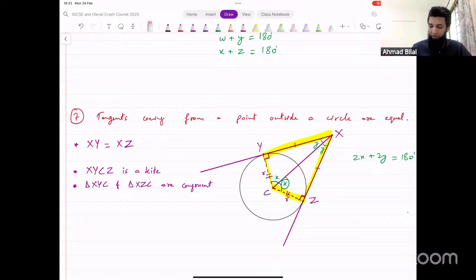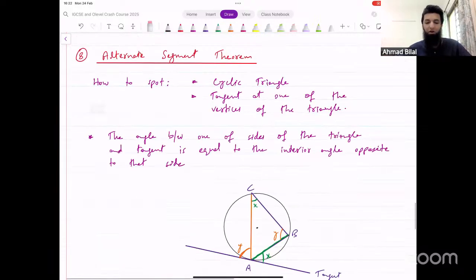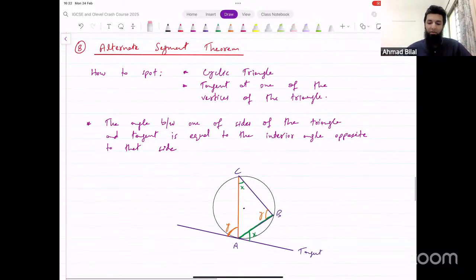And then finally, we talked about this alternate segment theorem, in which if we have a cyclic triangle, this has been added to the syllabus recently. It was not part of your syllabus earlier, but now you need to know about this as well. Cyclic triangle, that means you have a triangle in a circle that has all its vertices on the circumference. And then at one of those vertices, for example, we have 3 vertices here, A, B, and C. If we have a tangent at any one of those vertices, for example, if we have a tangent at A,